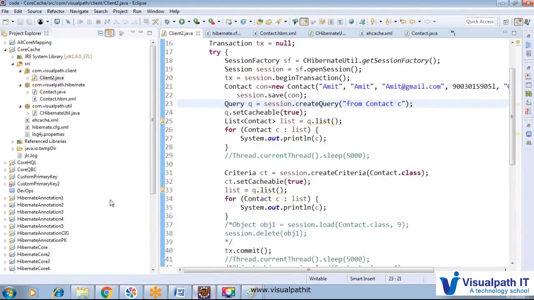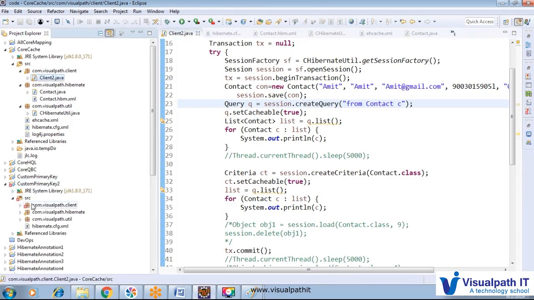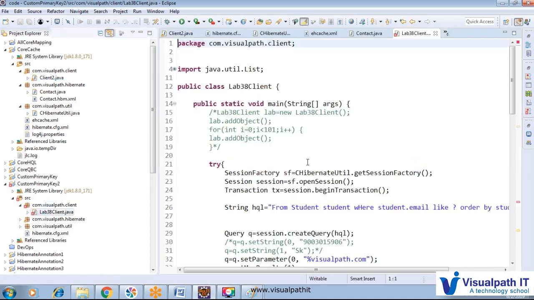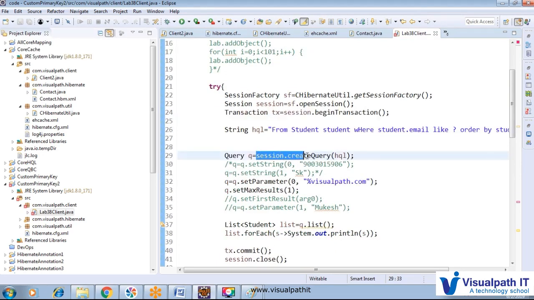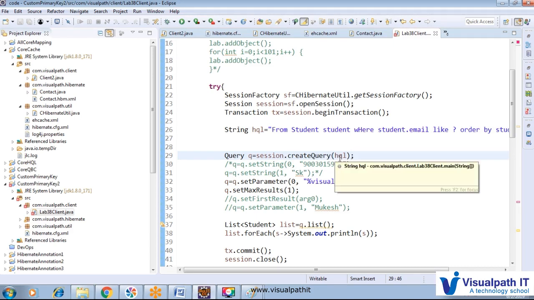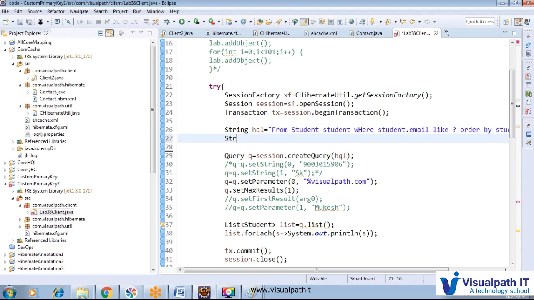During a database operation, if you go to any code, like that, with the transaction started, here we have session dot create query. Again, if we write something like session dot save here, or otherwise we have another query also, like a string HQL equal to from Student s.